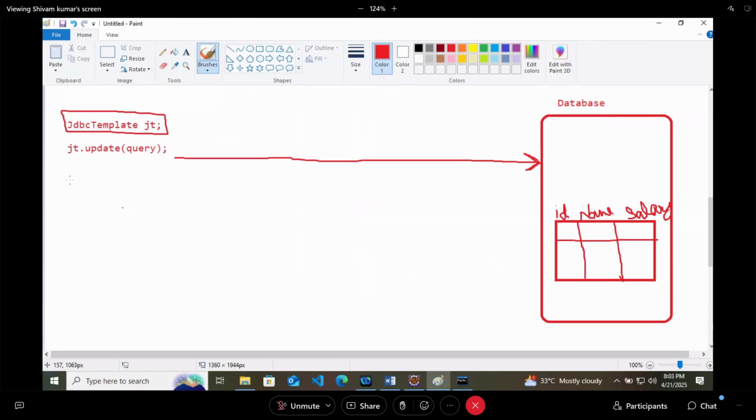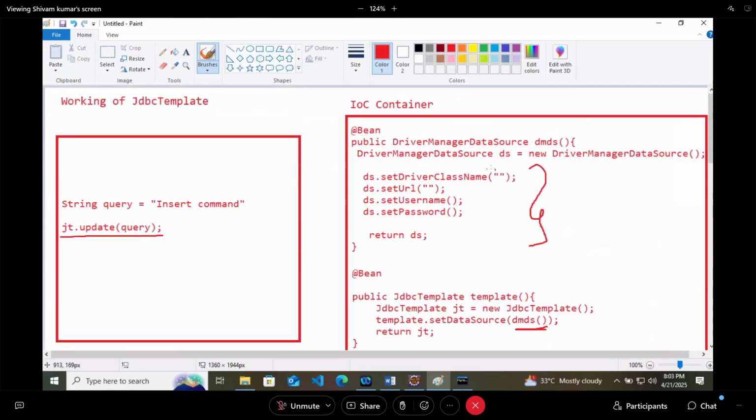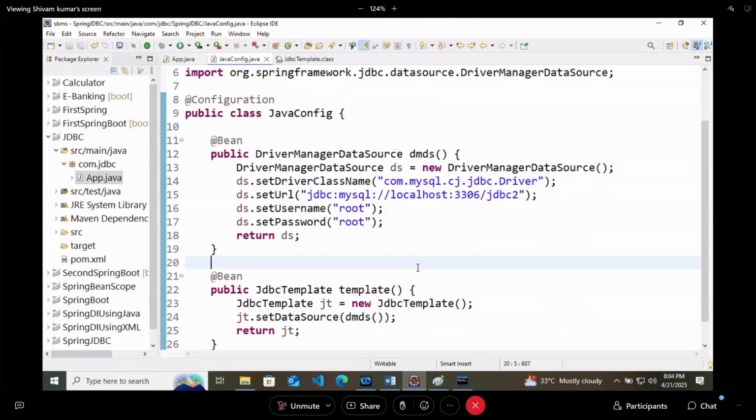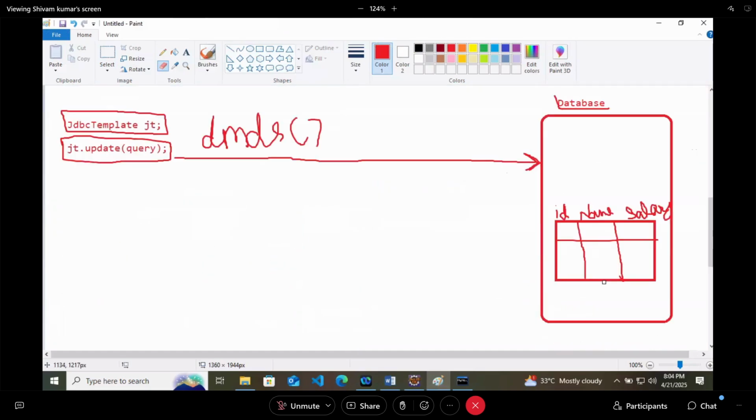In that, it is saying that yes, I have some method that is DMDS, and that particular method has your username and password. Now this database will say, okay, let me check. So it will check the connection. How is the driver manager data source written? It is written to have a driver class of MySQL. Database will say, yes, I am also MySQL. Means class name is fine.